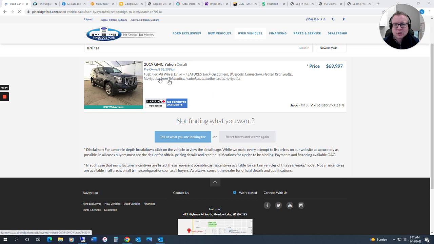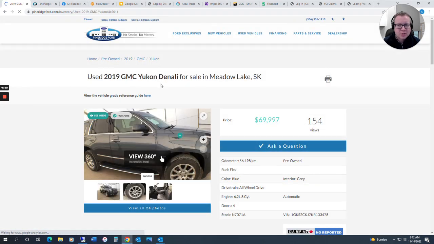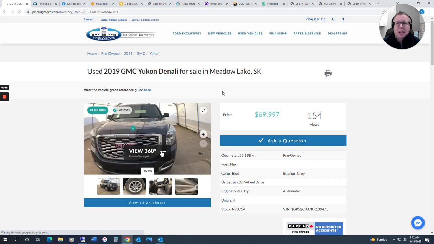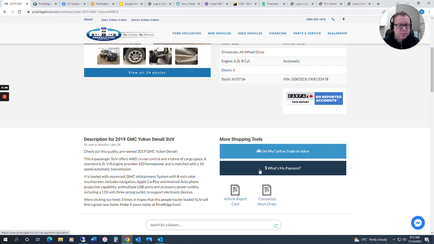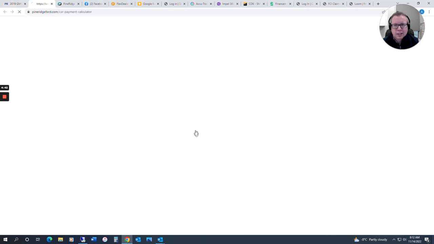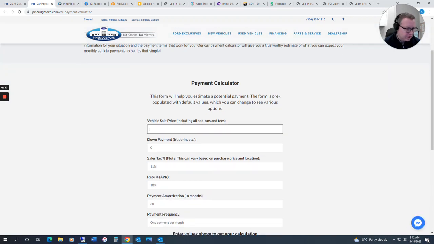Today I'm going to show you how to use our new pricing tool. So if you click on a unit, we're going to look at this 2019 GMC Yukon Denali, and as you scroll down, you'll see the What's My Payment button. If you click on that, it'll open up a payment calculator, and in here you'd put down the price that was listed on the previous page, which is